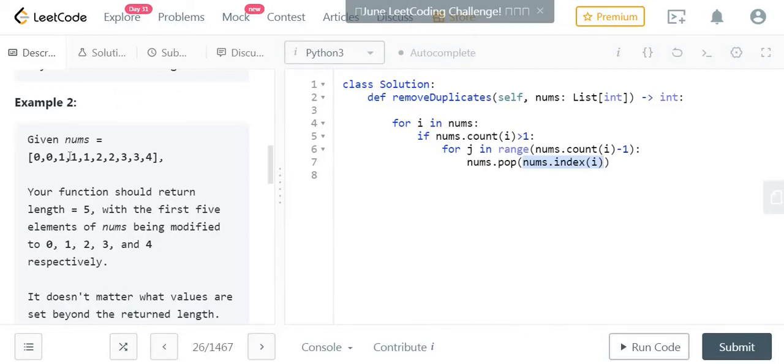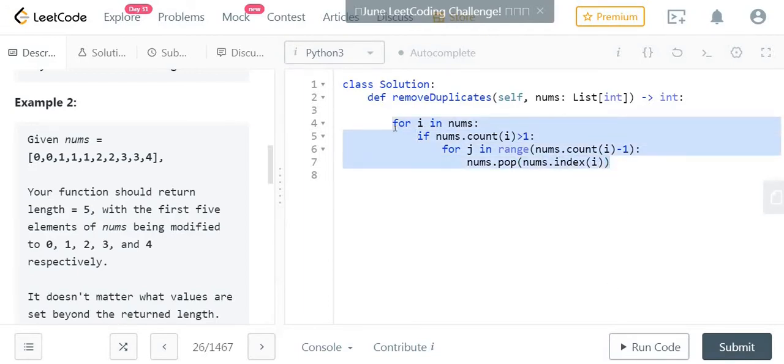In the second case, when it reaches 1, it will pop 1 two times. Whenever the count of 1 is 3, it is subtracted by 1, so 1 will be popped 2 times. Basically, leaving only one element, it would pop the rest of the repeating elements from the list.